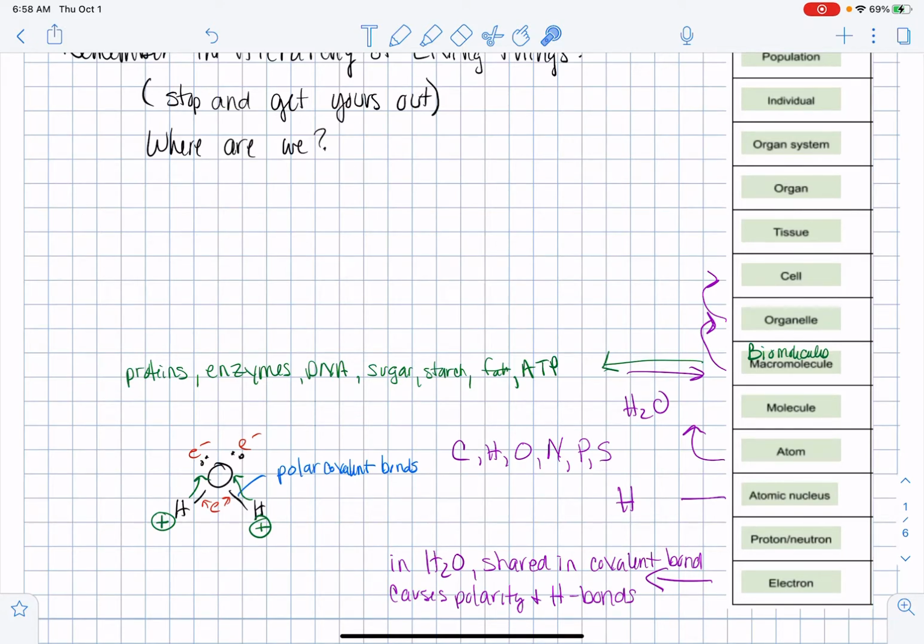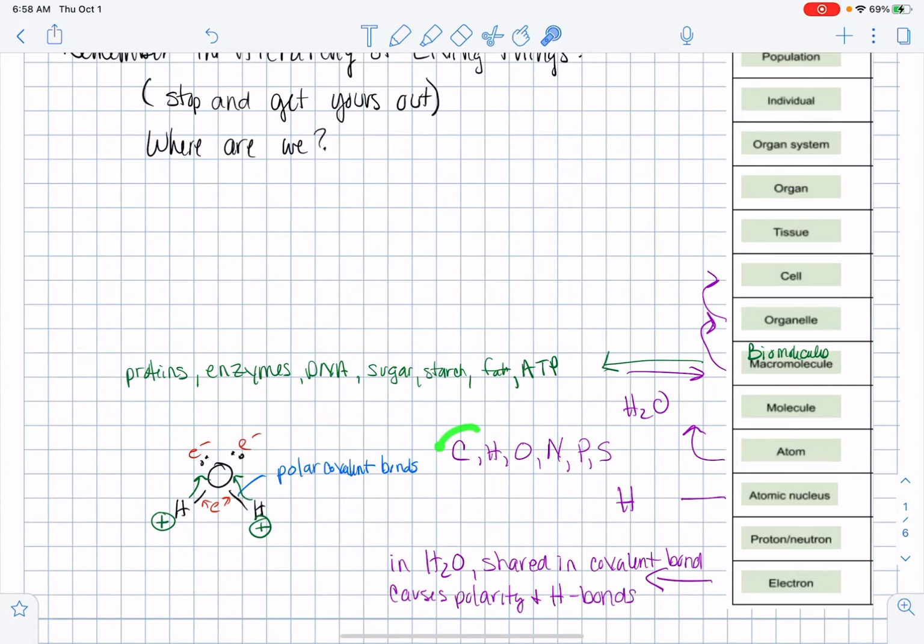In water, the electrons are what is shared in the covalent bond, and the electrons cause the polarity in hydrogen bonding. Atoms, and here's your example of that if you remember from your water notes. Where there are a lot of electrons, we have negative charges. Where the electron from hydrogen has been pulled towards oxygen, we have positive charges. So we have polarity. The atoms, hydrogen and oxygen here, will bond together to make a molecule, that's water, and the other